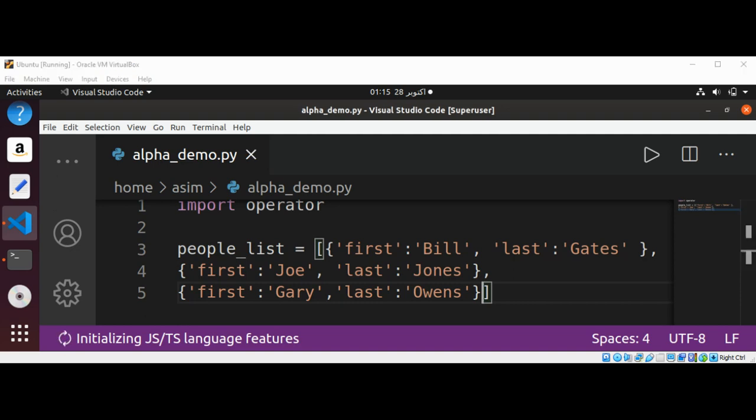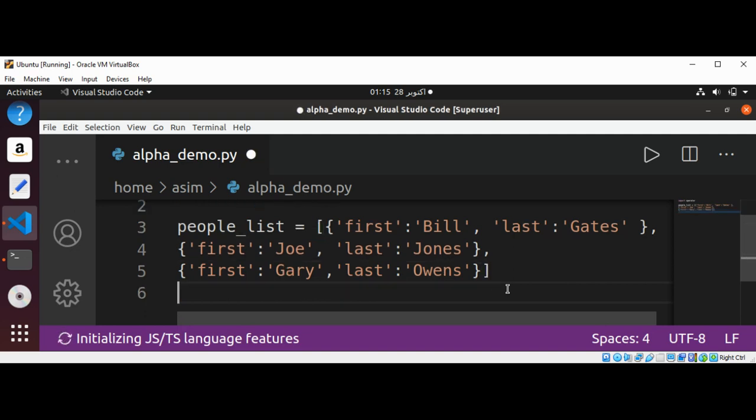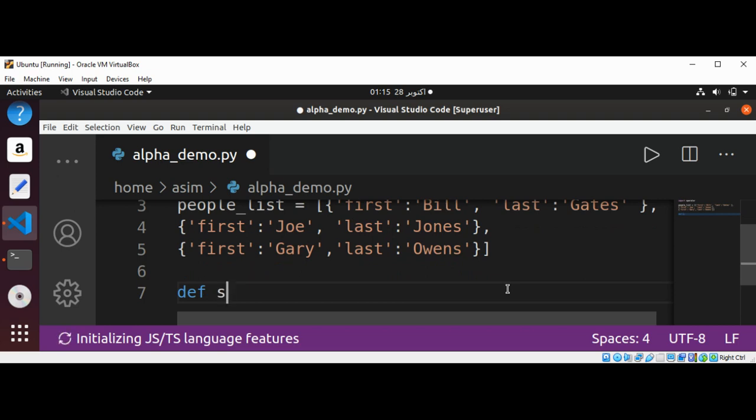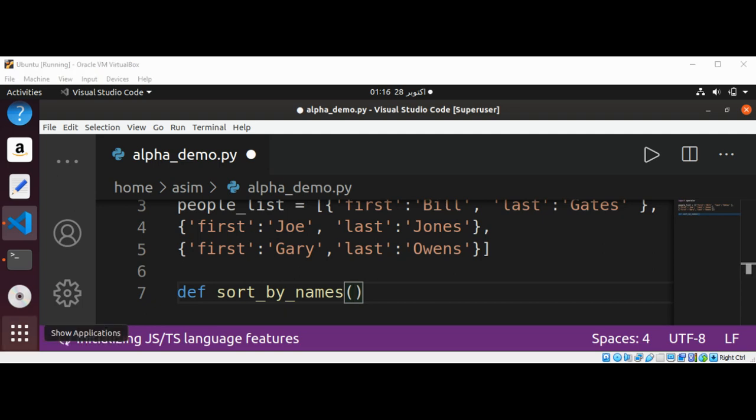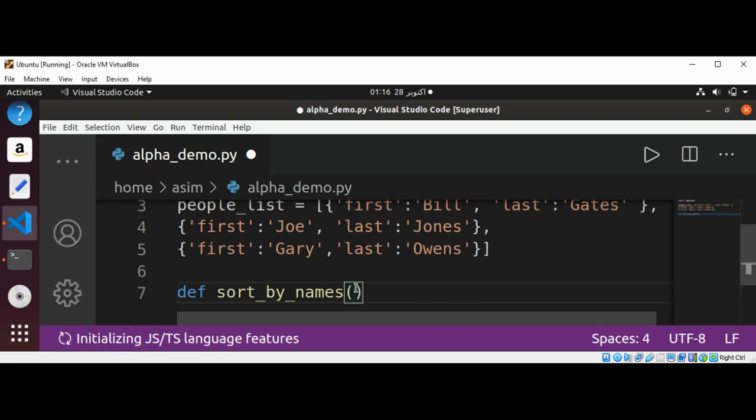And now I'm going to define a function sort by names. Define sort by names. This function will sort first with the last name and then by first name, and it will take a list of dictionaries, people names,